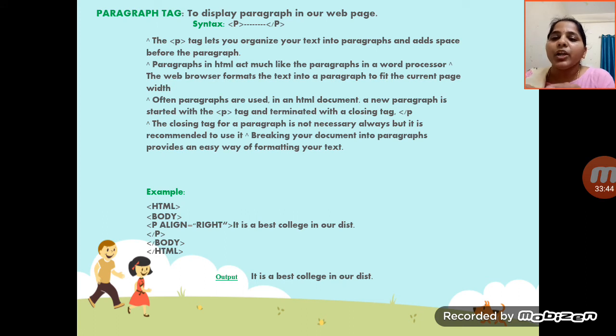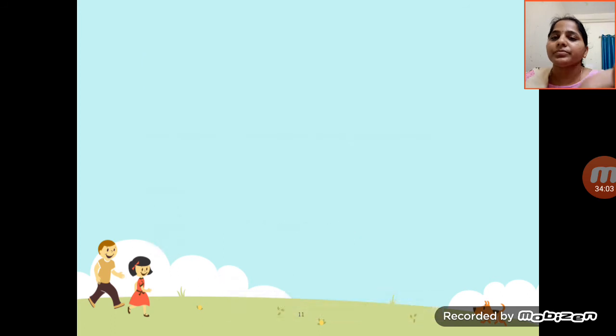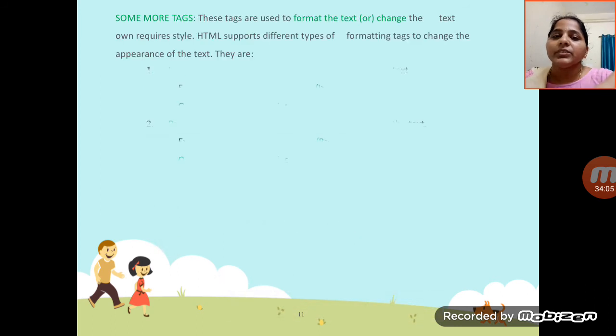Whenever you write text between the opening and closing paragraph tags, the output will be given. This is about a paragraph tag. This is the output for this: "This is the best college in our dictionary." This is the output of this program. After that,